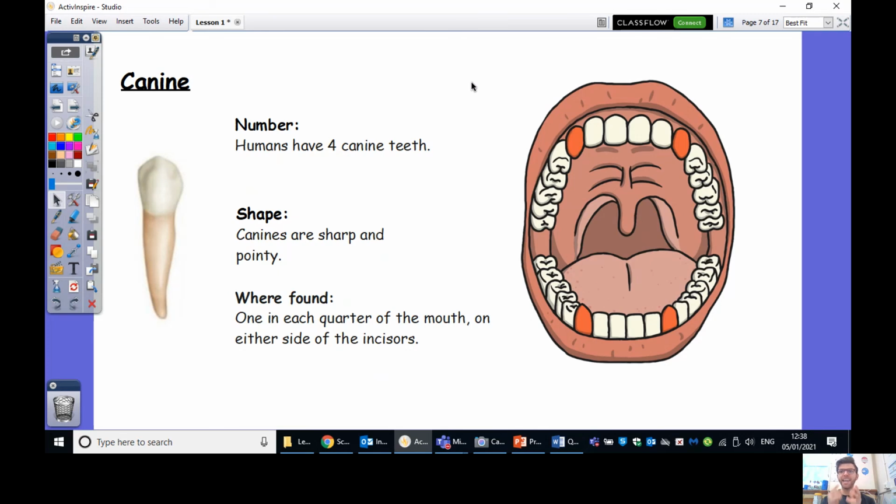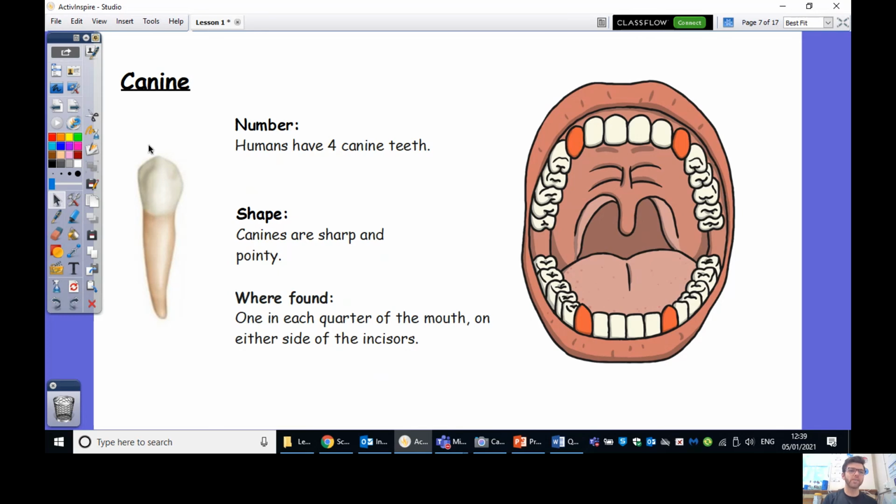So the way that I remember canine teeth, these ones here, the pointy, really sharp ones, is imagine you're like a dog trying to rip open a bone or playing with a toy, and you're really kind of pulling and ripping at it. Those are the teeth that you would use, right? The ones in the corner, or if you're trying to bite into something really tough. So think of it like canine means dog. So think of those pointy, sharpy teeth like a dog's teeth that they'd use to rip open a steak or a bone or something like that.